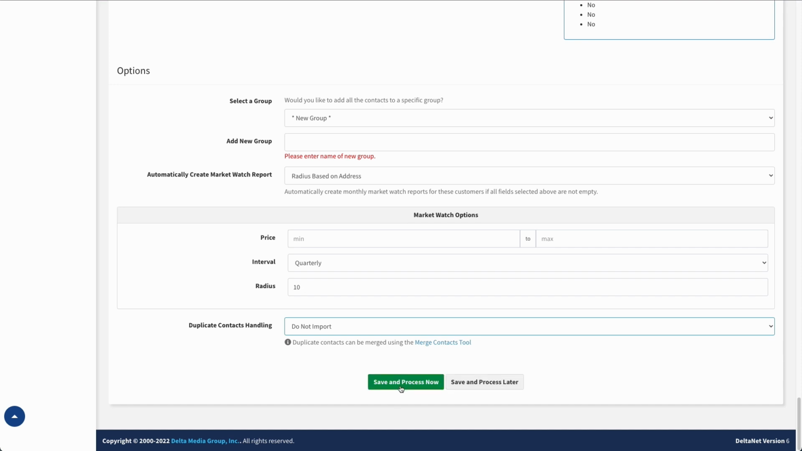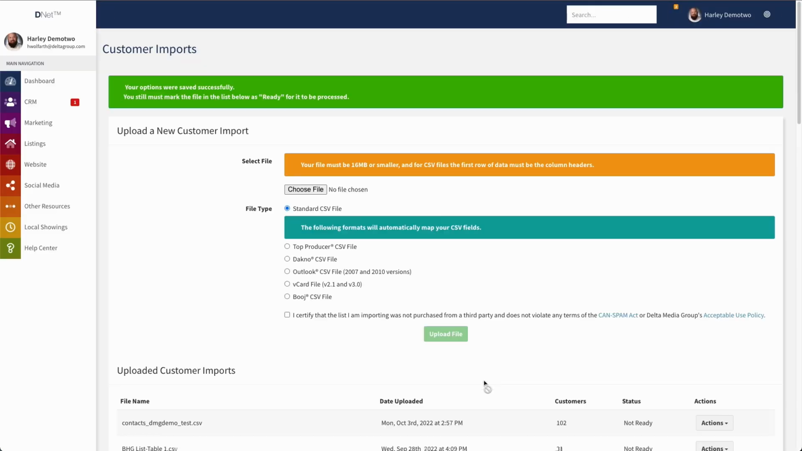Or I can save and process now, in which case I'm saving, and then the system will immediately kick off the import. The import, depending on how many contacts you're actually adding here, may not be completed instantly. Well, definitely not instantly. They're usually pretty fast, but if it is a huge import, it could take a little bit of time. But this does kick off the process right away. So in this case, I'm going to save and process later, and then we can take a look at the